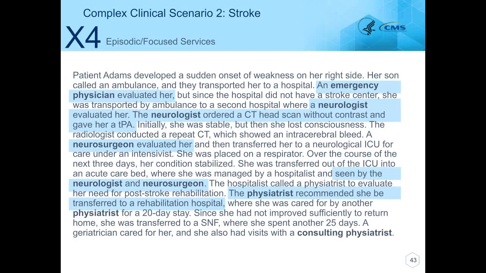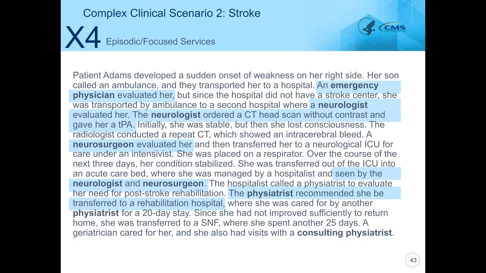So now let's focus on the X4 episodic focused services. Again, these might occur during the patient's hospitalization, making them episodic in nature. They may occur, or they may address the specific disease condition or organ system. And so episodic focused